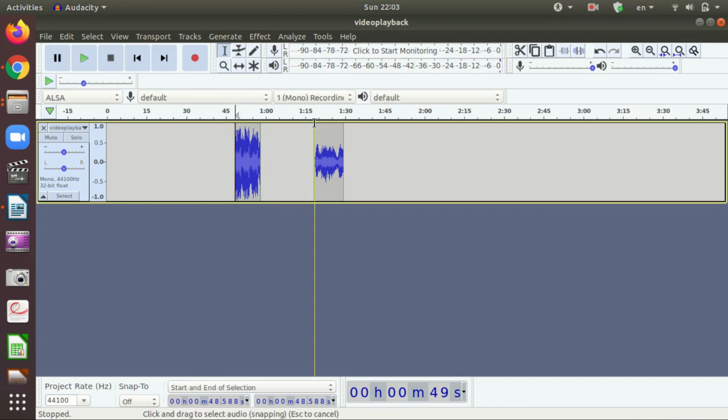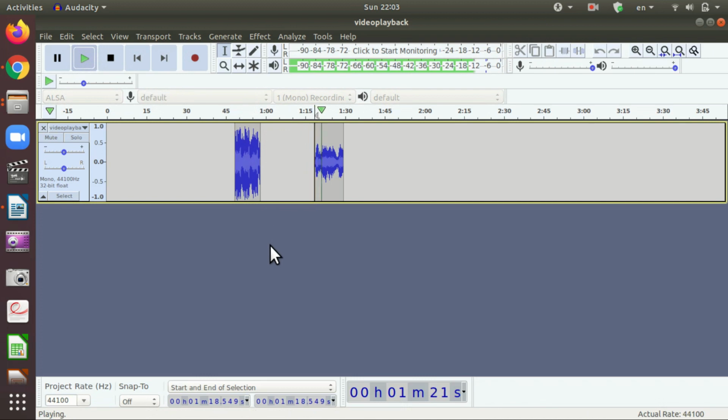The first audio is a tabla and the second audio is a violin.